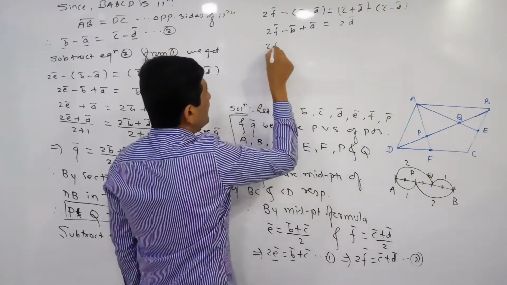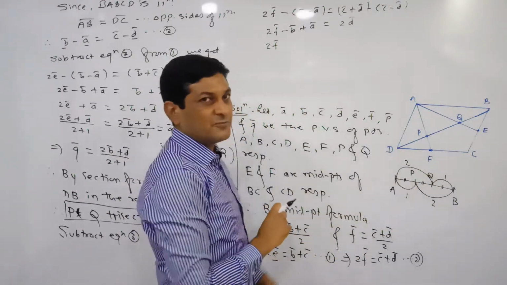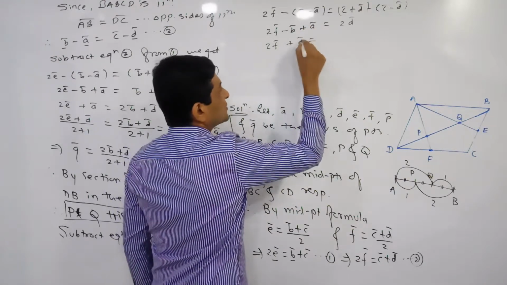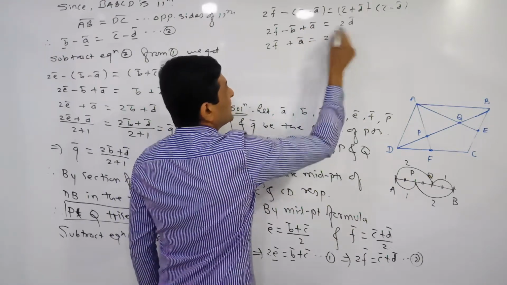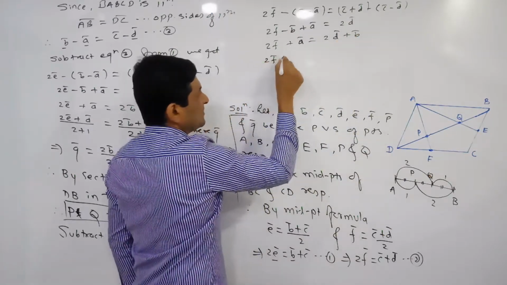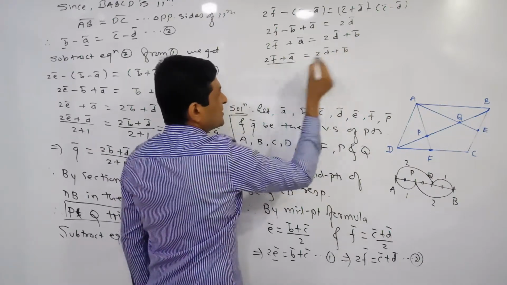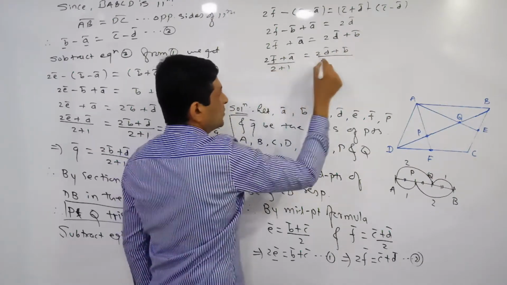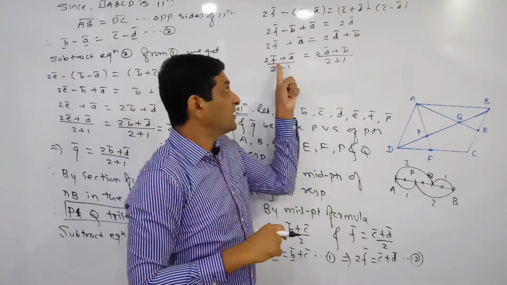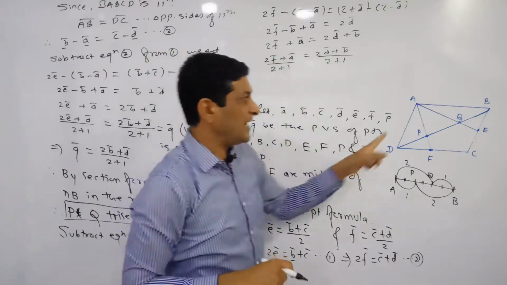So here 2F bar, keep it as it is. One segment is AF, so collect the terms of A bar and F bar on one side. The term of A bar is already on this side. So 2D bar, keep it as it is, and minus B bar on this side becomes plus B bar. Just to arrange the terms in the form of the section formula, we are dividing both sides by 3, but this 3 can be written as 2 plus 1. These two vector quantities are equal, which are BD and AF.